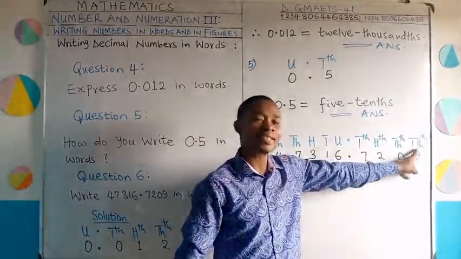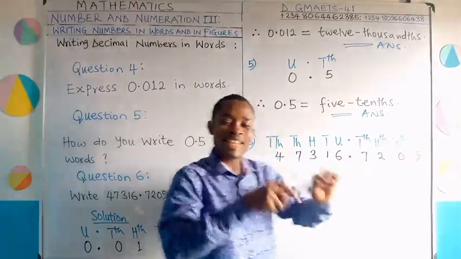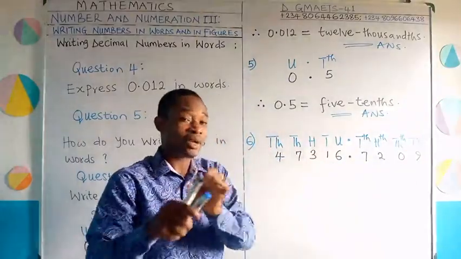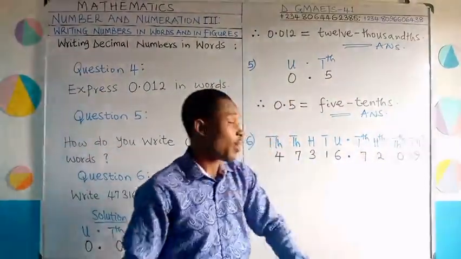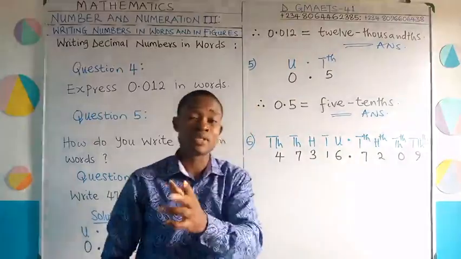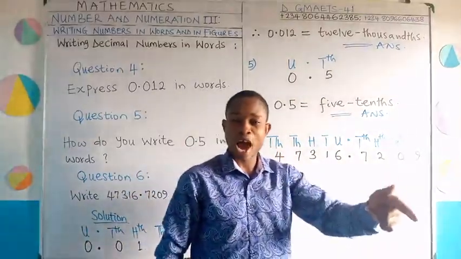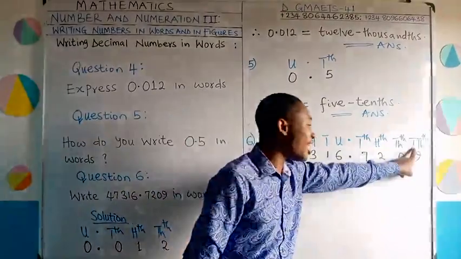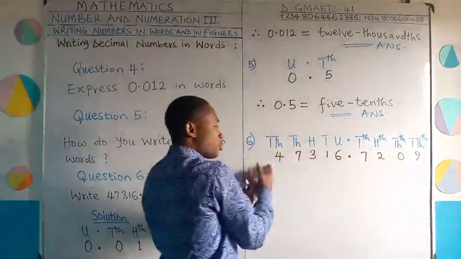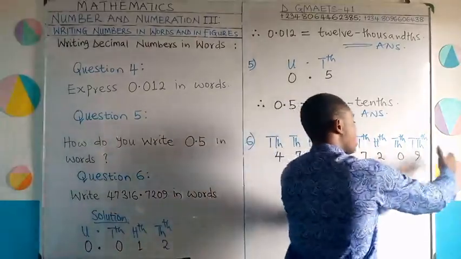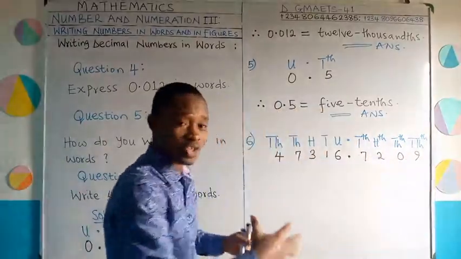The last decimal place value is what? Ten-thousandths. Ten-thousandths is the last decimal place value. Which means if I pronounce this as 7,209, I will conclude it with ten-thousandths. So having this whole number part pronounced, this decimal part pronounced, writing them in words, as usual,